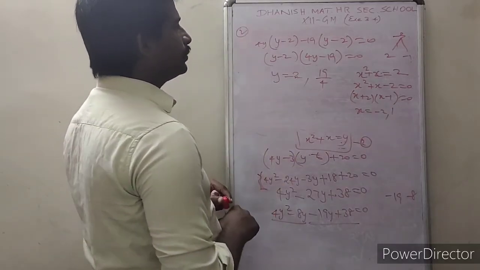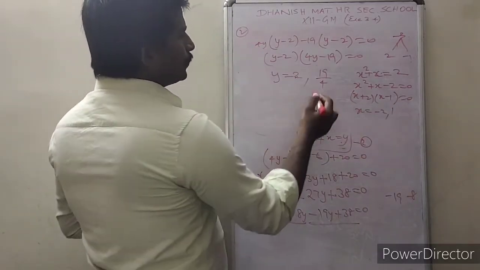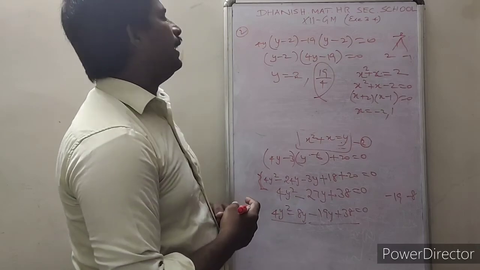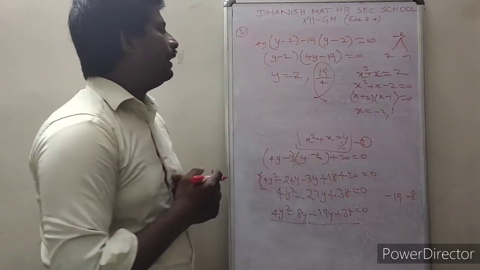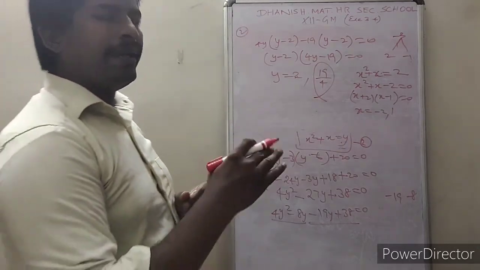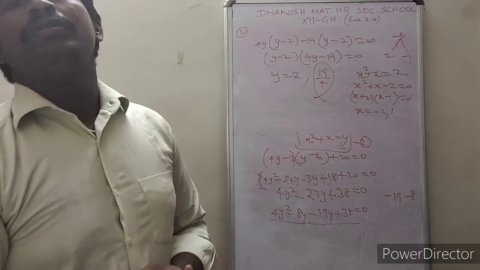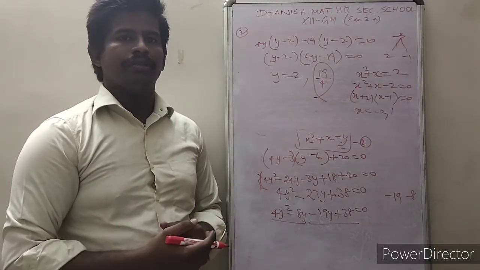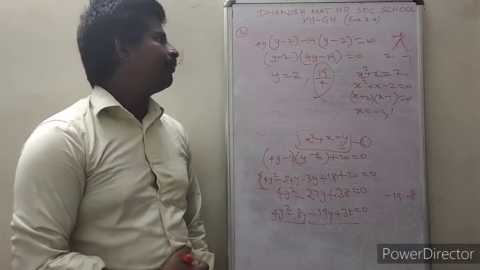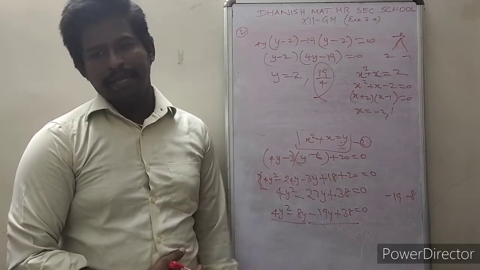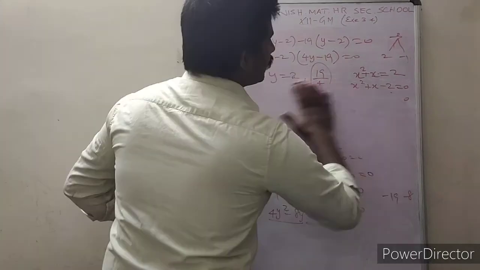So we got two values. Similarly, you can substitute y as 19 by 4 in equation 2. You will get two more values. Totally we will have 4 values for x. Okay, then